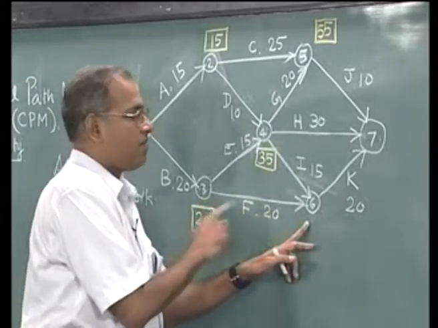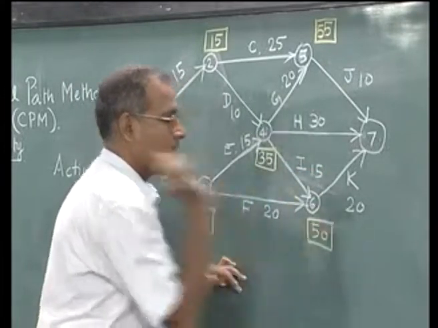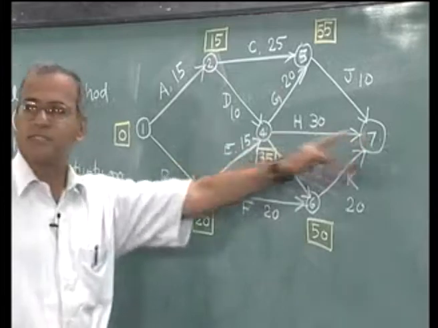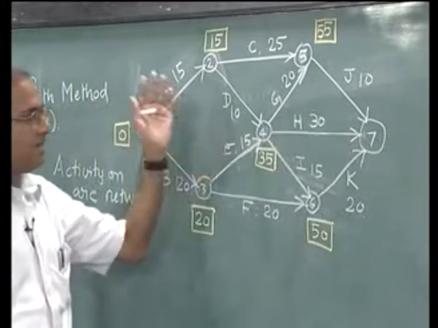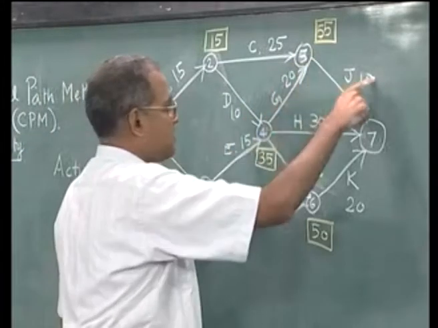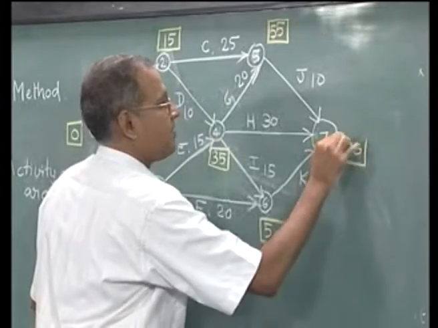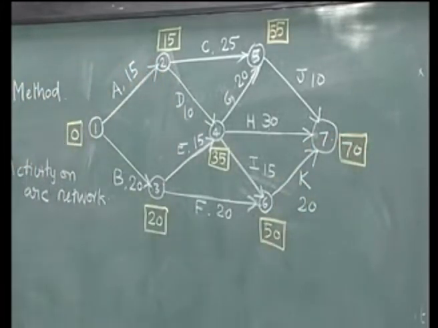So, it is a maximum of 40 and 50, which is 50, and this represents the point at which J, H and I are completed, which is the maximum of 65, 65 and 70. So, 70 comes here. So, 70 is the time where this project will be completed, and 70 represents the earliest completion time of this